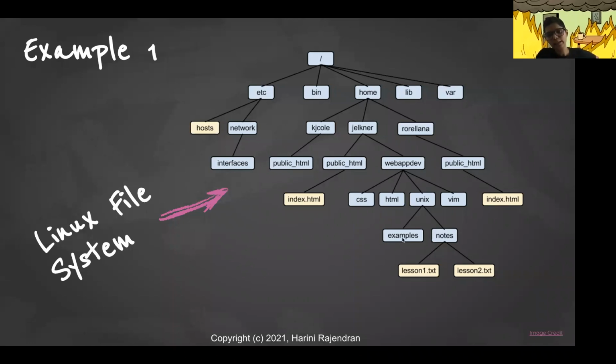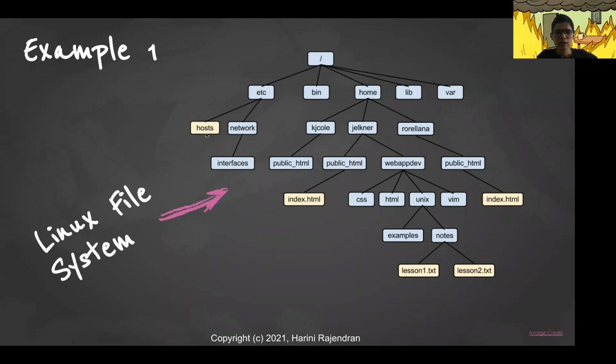If we take the Linux file system, all the directories or folders, as we call them, are the internal nodes in a tree. For example, they have children.